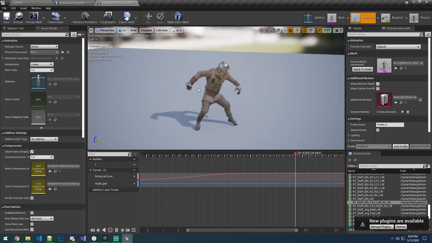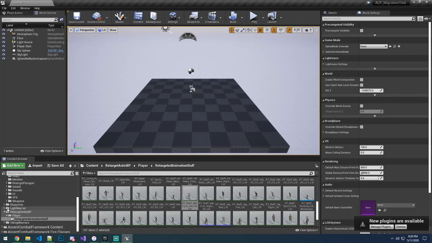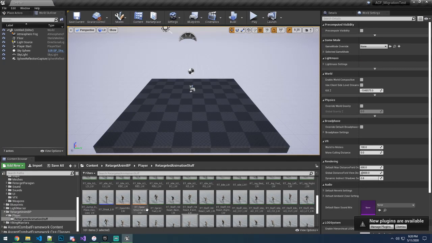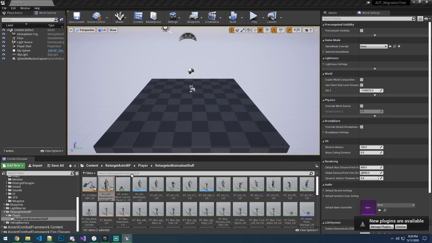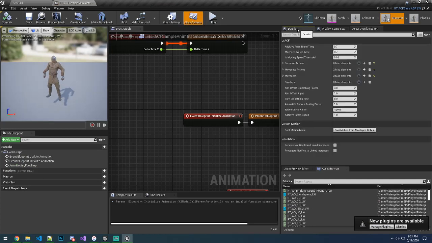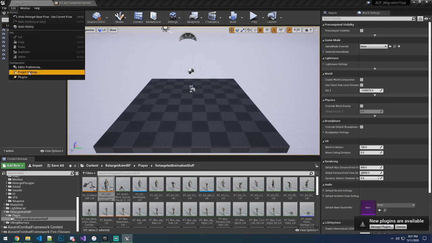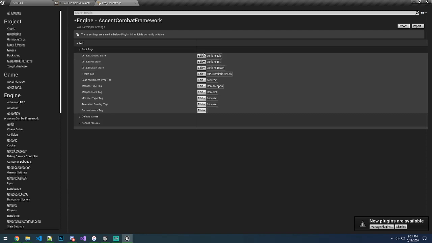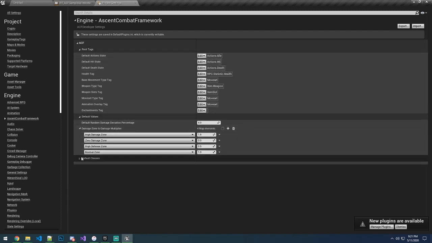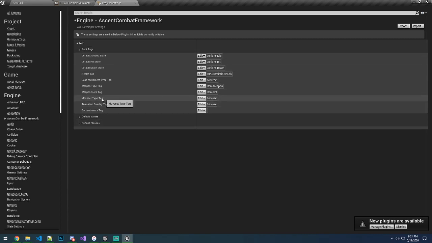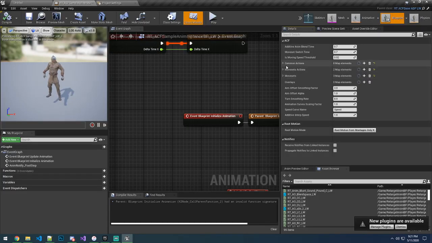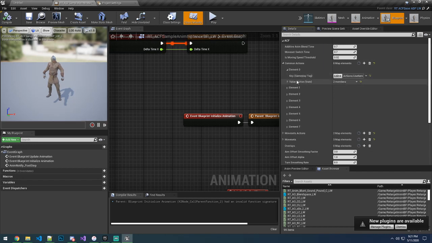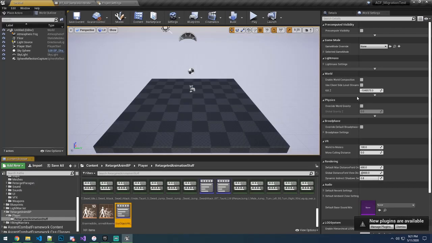Now, truth be told, that may not matter much. You know what? We're going to leave this all here. That may not matter much because the way this animation blueprint works is everything about it is stored in the Ascent Combat Framework. Everything is associated to tags. And we have moveset tags and we have animation overlay tags. And the reason I point that out is over here. So here you have some common actions, right? These we may not be creating new montages for,